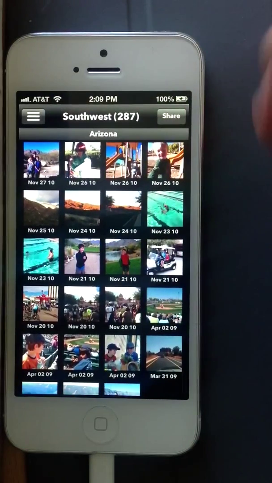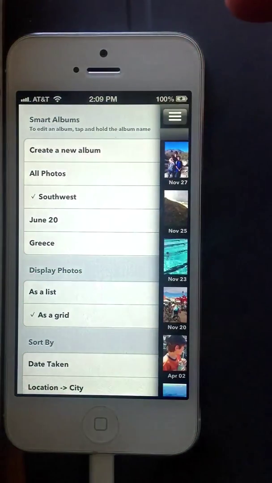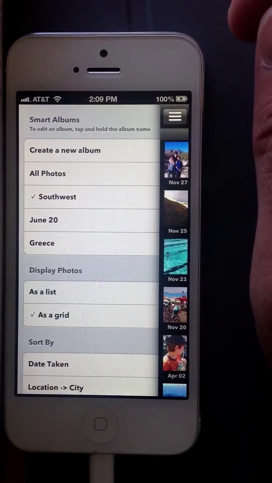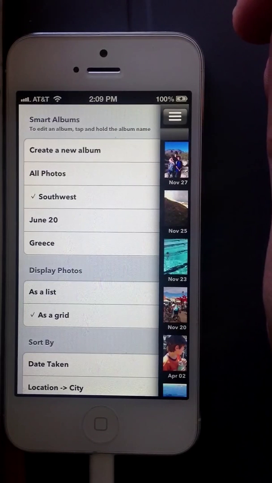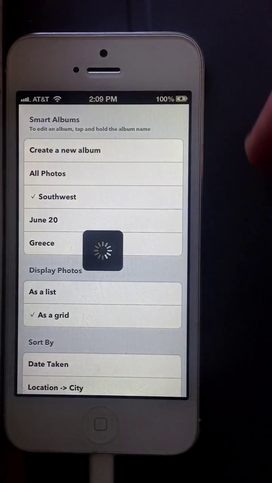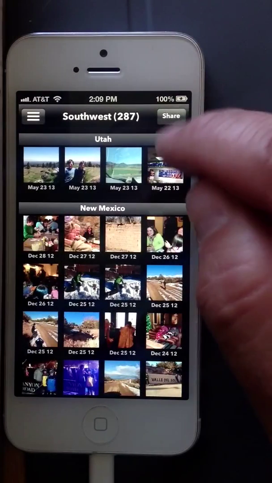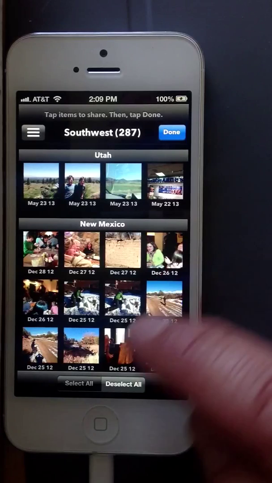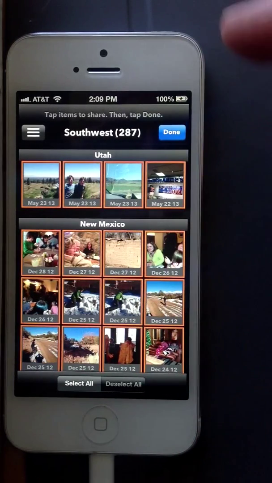Now one thing that's cool about albums, now that we have this Smart Album feature, is Apple doesn't currently allow you to programmatically create photo streams, but we can use the Smart Album as sort of a shortcut to create a photo stream. So for example, if I go into my Southwest album, I want to share, and then here at the bottom I can select all the photos, and I hit done,